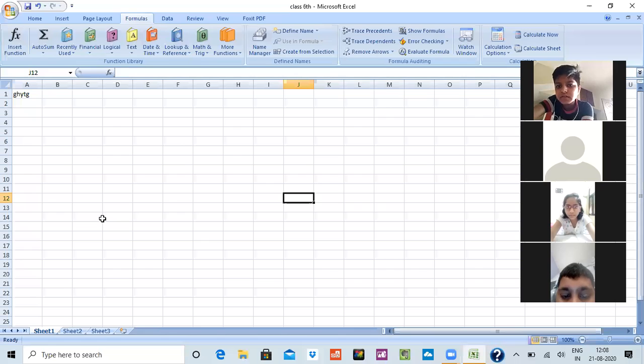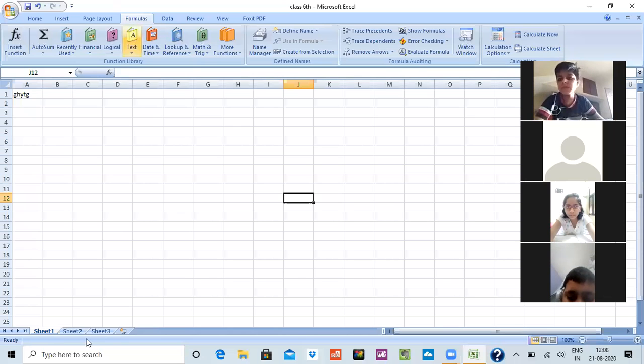Ma'am, J. Yes. Here it is written. Just see the name box and you will come to know. Yes, ma'am. It is upper side. It is J12. Yes, ma'am. J is the column and 12 is the row. Yes. So now it is clear to you which is the row and which is the column in the cell name.